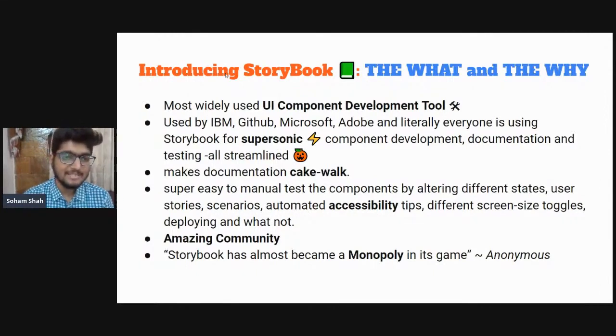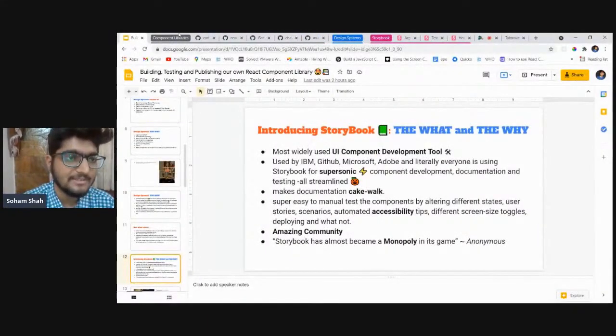This becomes very easy if we have something that can store all of our components and document them. When you make a change in your code base, it is not just changing in your application but also reflecting in the Storybook, which we are going to share, or the component bundle, with a designer or a product manager, and they can directly check the list of components. Probably you are not getting exactly what I'm telling, right? So let us quickly go and see one nice thing which I found.